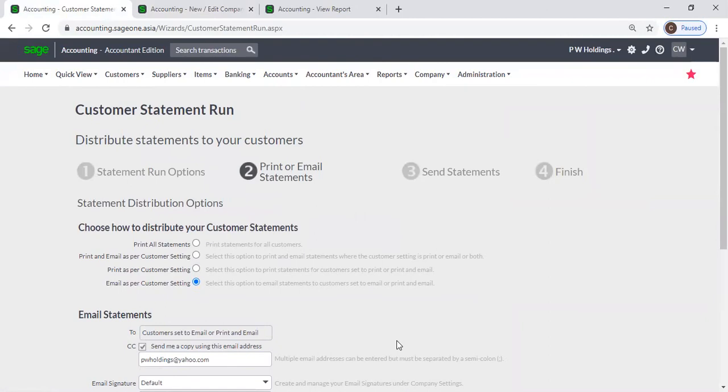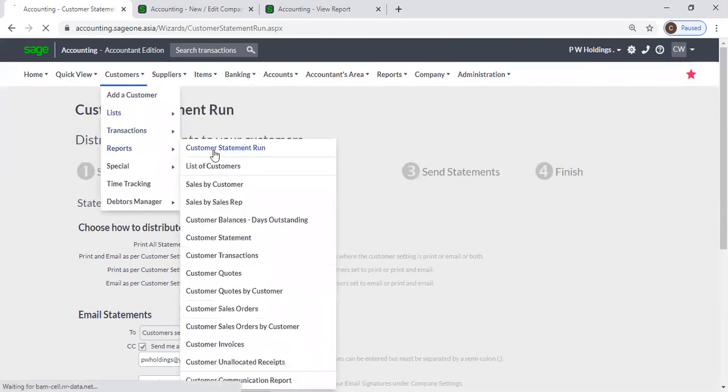In practical situations also, sometimes customers will request transactions for a particular period, or sometimes for audit purposes your customers will request transaction statements. In that case, you can use these options. You can select the customer statement run, and without spending much time, you can email those customer transaction statements to your customers. From here you can select that date range, and